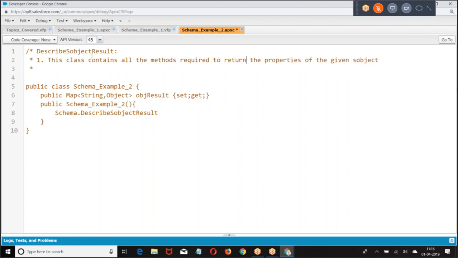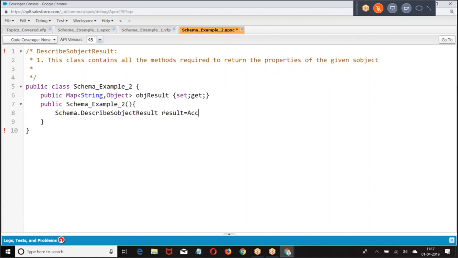This class contains all the methods required to return the properties of the given object.